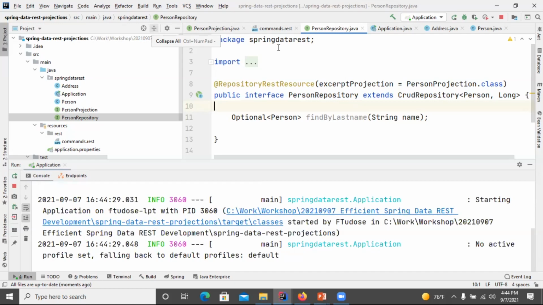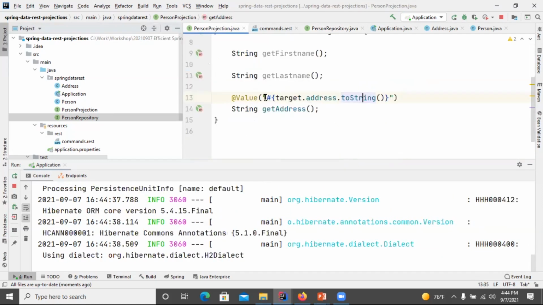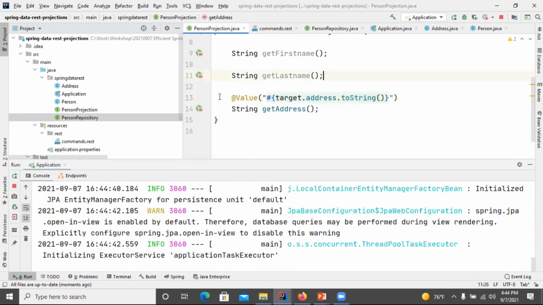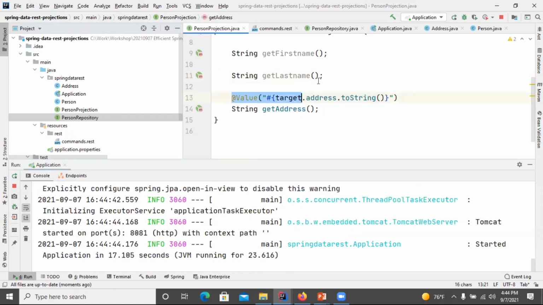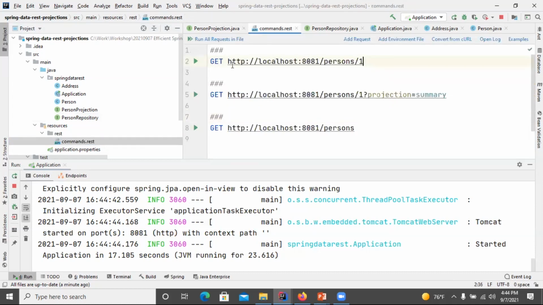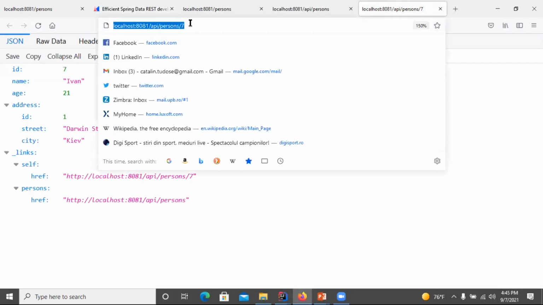Here, just to mention, because I haven't mentioned this, this is called Spring Expression Language. So we annotate here with value, and we provide here an expression language. Okay, let's see this in the browser. Directly here. First, without